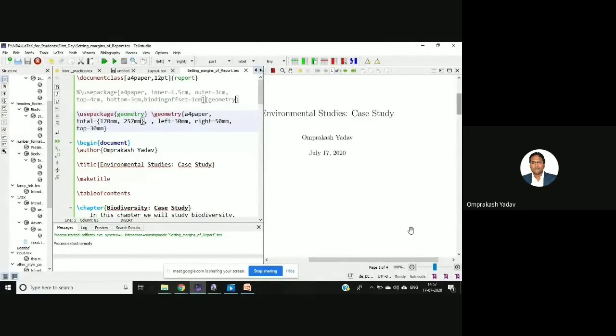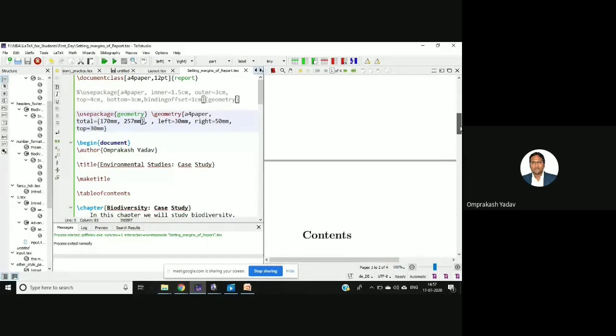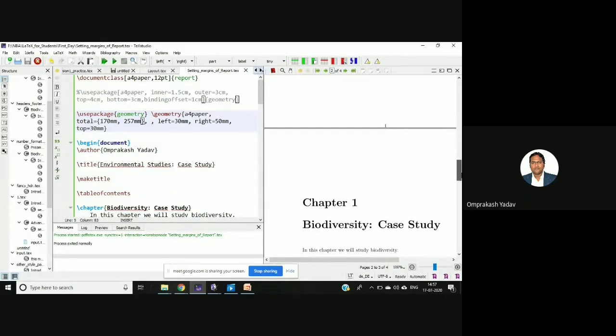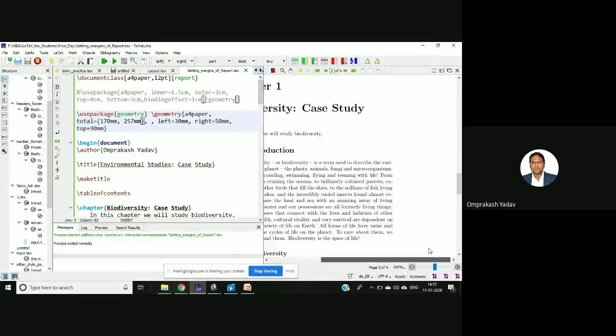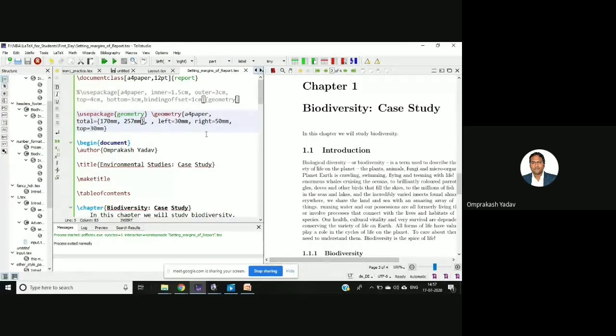So if you see here, see, the right margin got changed. Okay, so much. Here, I'll again do the changes. I'll make it 20, and then I'll run it again.